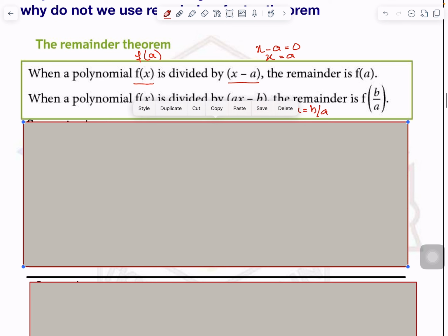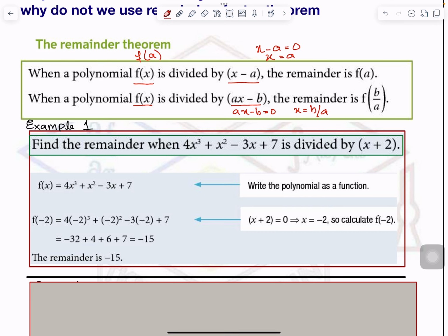I have taken one example here because this was all in algebra. This is the polynomial given to you. It is denoted by f of x, your choice. You can take p of x, f of x, g of x, whatever you like. It is divided by this. Divisible has a separate meaning. It is divided by this, and you have to find the remainder.